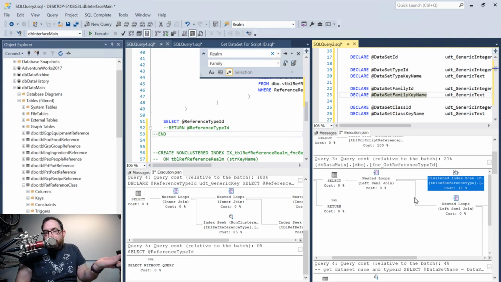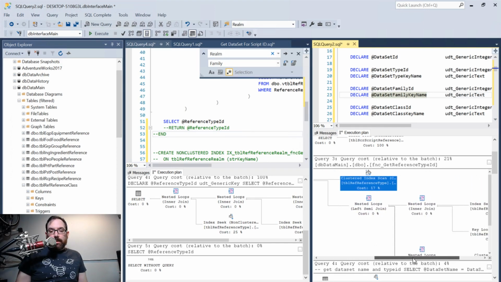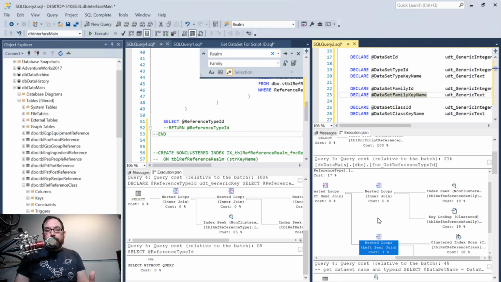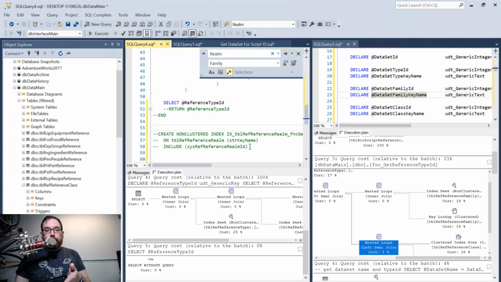Relative to the batch, it doesn't really bother me, but we have 21%, and our path is quite different. We have no more key lookups, and the key lookup basically meaning that we didn't provide enough information on the index itself to find the actual record, so to have to go look up on the clustered index what the additional information was. That's why we have the include, and I just remembered something that I need to undo,